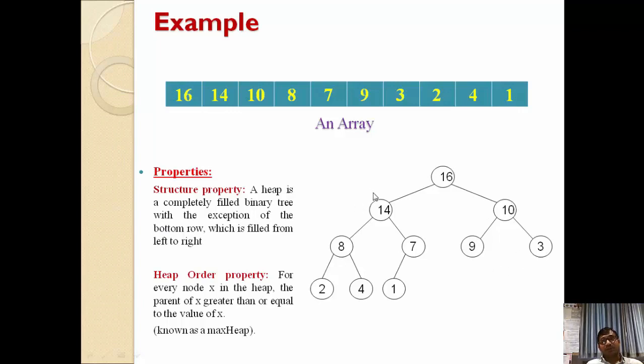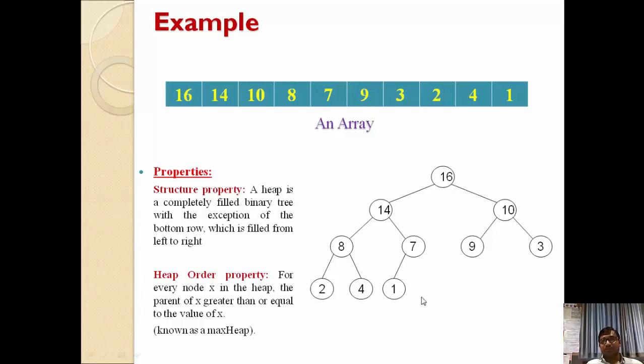Next we need to check the node number 2. Node number 2 has a value 14 which is larger than the left child as well as the right child. So it satisfies the max heap property. Now the same we need to check for the root node. It is 16. 16 is larger than its left child as well as right child. So it satisfies the max heap property. Right? So every time we need to check whether it satisfies the max heap property or not. If it is not satisfied, then we need to do something. We need to perform a swapping operation to satisfy the property of the max heap,